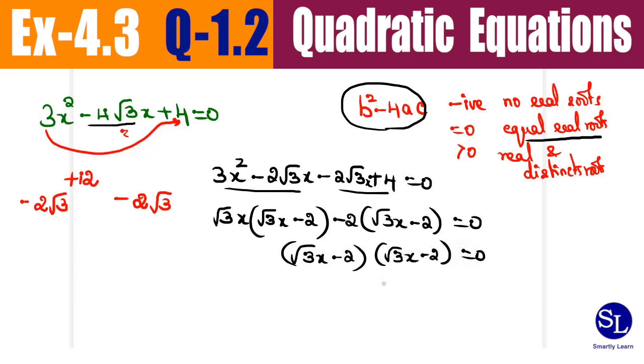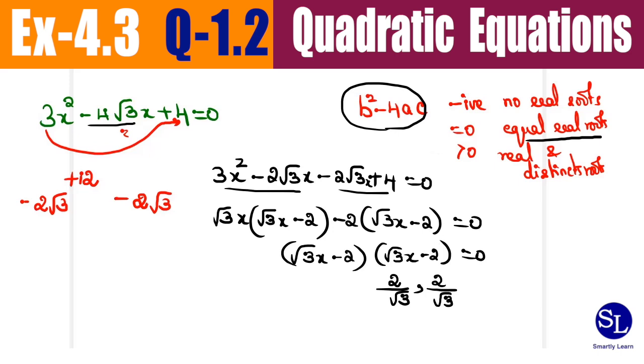So this fetches you factors, two real roots whose values are 2 by root 3 in both cases. So you get to have 2 by root 3 as roots 2 times. See, two roots, both the values are equal. So that is what we said, equal and real roots. So we found this value through splitting the middle term. Now let us see if we get the same value by applying